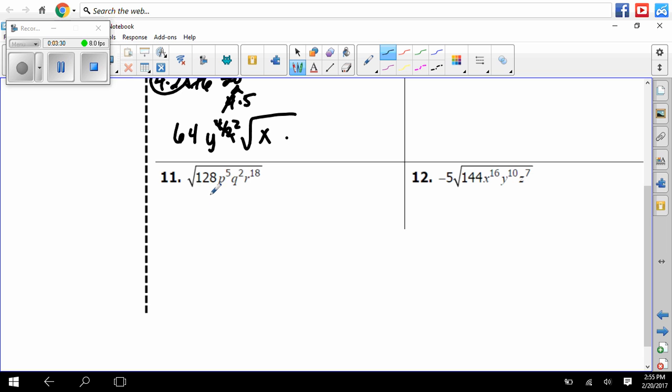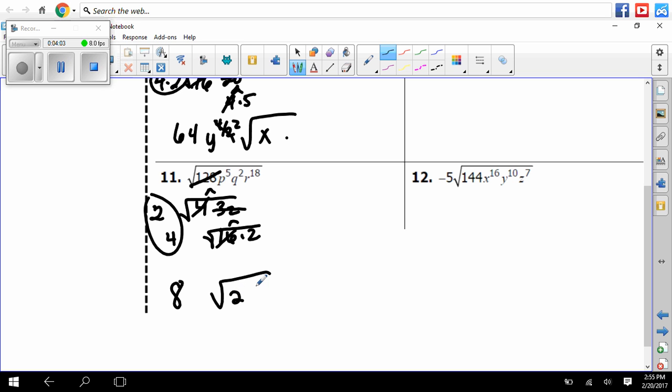Number 11, I have 128. Well, 128 is even. Let's try 4, because 4 is a perfect square, and it will at least get us towards our goal. So 4 goes into 12 3 times. 4 goes into 8 twice. 32. So now I can bring out a 2. 32 breaks down to 16 and 2. Square root of 16 is 4. So now I have on the outside 8,